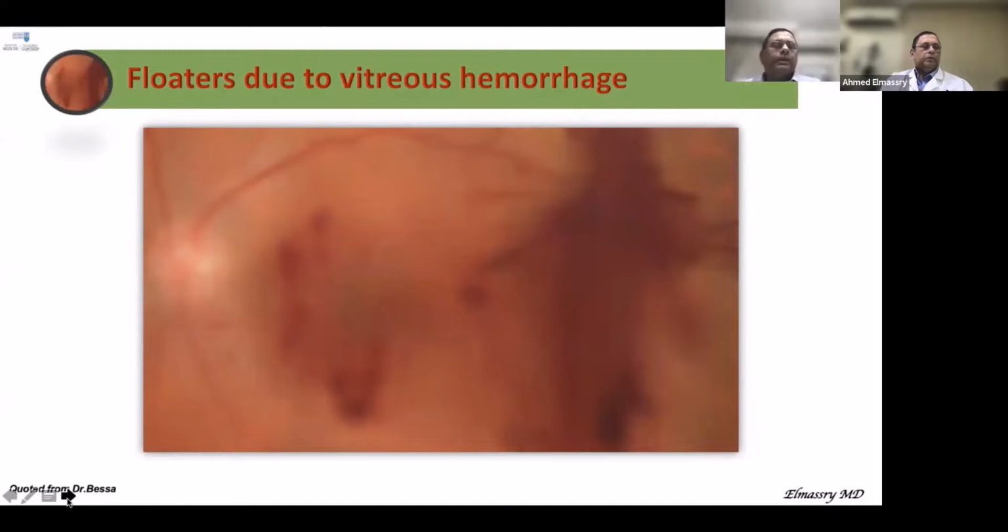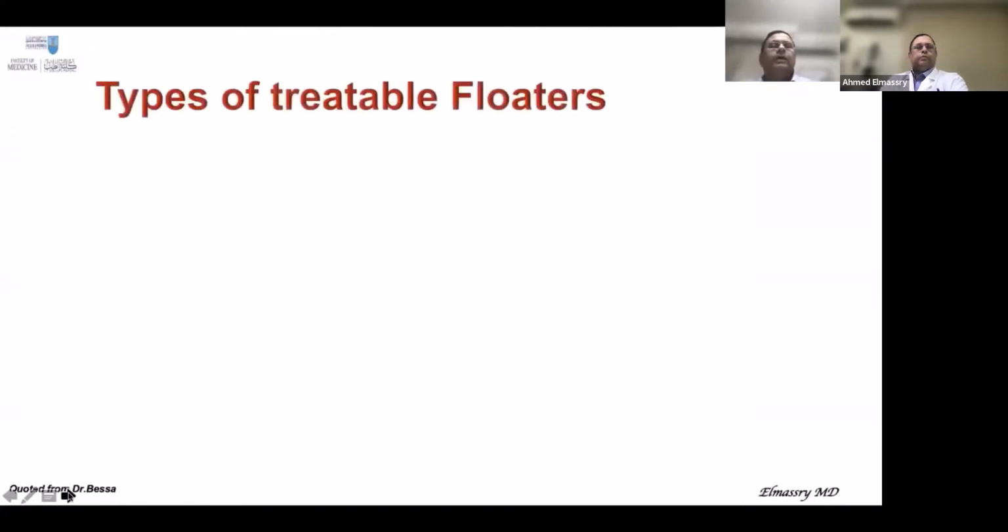The vitreous hemorrhage is not treated with YAG laser vitreolysis, and there are other ways of treatment, like waiting until it subsides and absorbs by itself, or doing vitrectomy for cases of advanced diabetic retinopathy with proliferative vitreoretinopathy. And so these are the non-lasered floaters, but the lasered floaters, or the floaters that could be treated